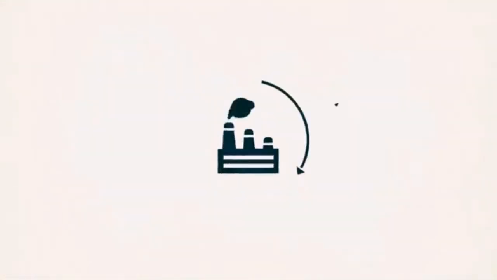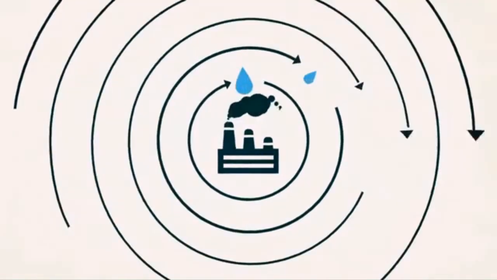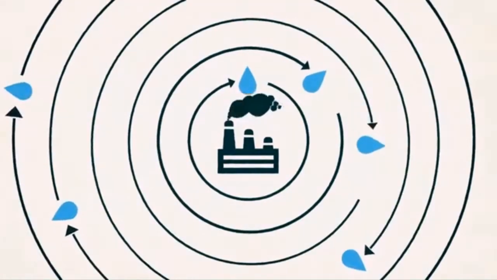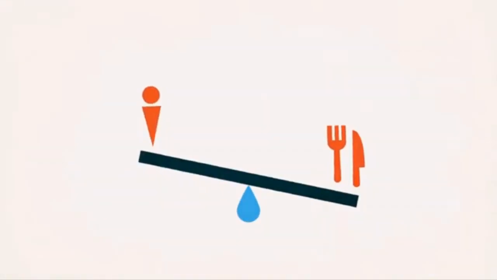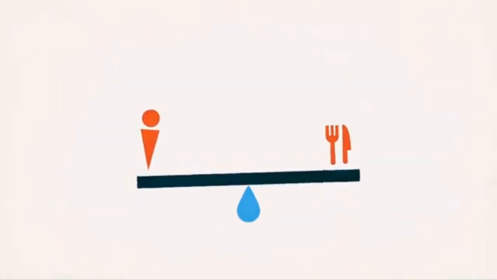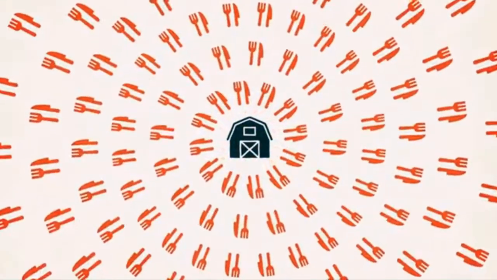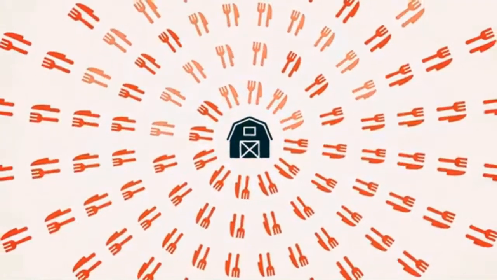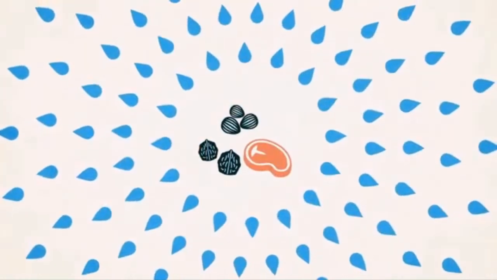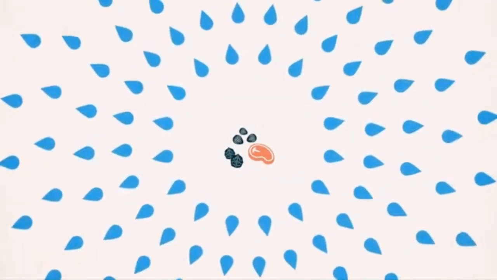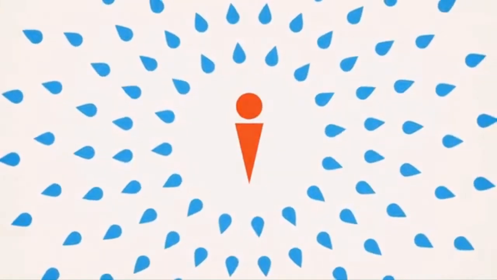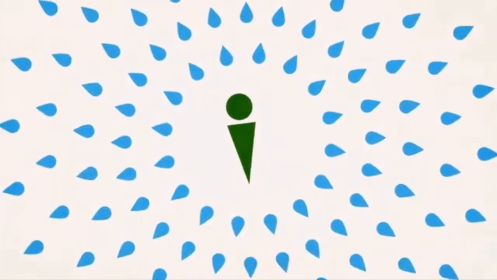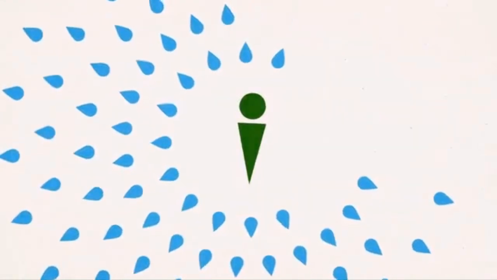Other industries are following suit, adopting production processes that reuse and recycle water. On a personal level, reducing food waste is the first step to reducing water use, since 1/3 of the food that leaves farms is currently wasted or thrown away. You might also want to consider eating less water-intensive foods like shelled nuts and red meat. Adopting a vegetarian lifestyle could reduce up to 1/3 of your water footprint.